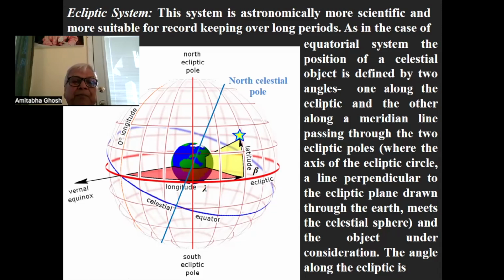The Indian system follows a slightly different procedure. The reference point is a fixed point on the ecliptic, which in the Indian system is the first point of the Rashi, the Mesh Rashi. There are 12 Rashis, so they divide the whole ecliptic into 12 regions. The beginning of the Mesh Rashi is taken as the reference point in the Indian system, and that point is